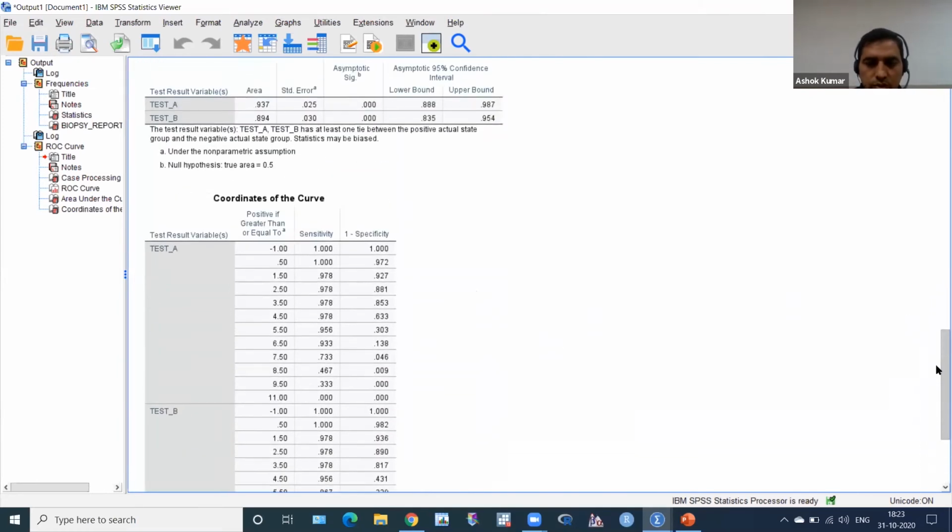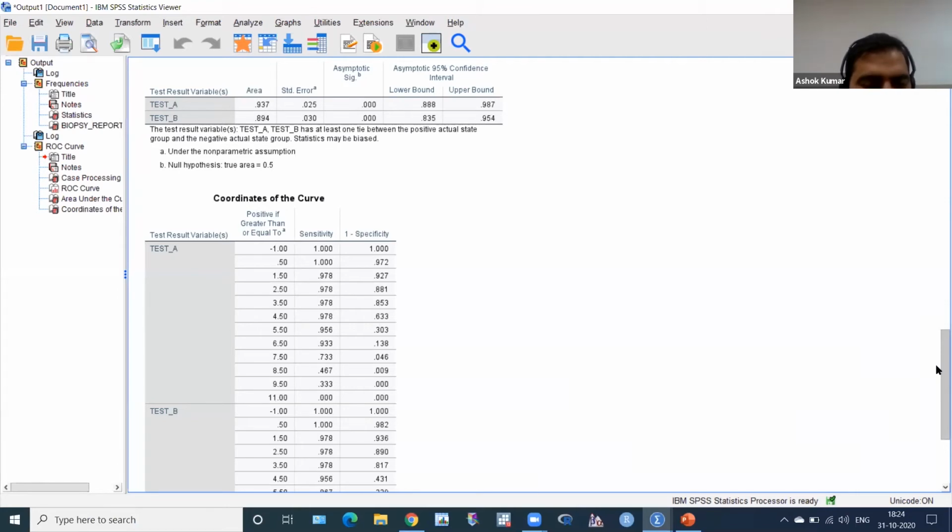Okay, so now how to get sensitivity, specificity, positive predictive value and negative predictive value. We got sensitivity and specificity of this test A, but sorry to say, in SPSS we cannot get 95% confidence interval and positive predictive value and negative predictive value. So we have to use another software.